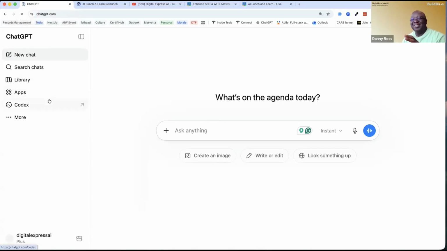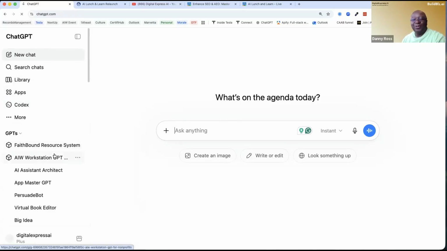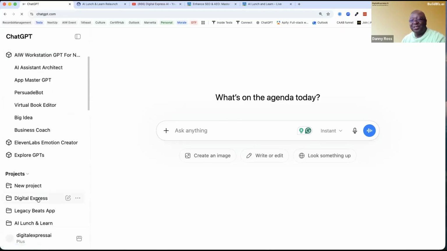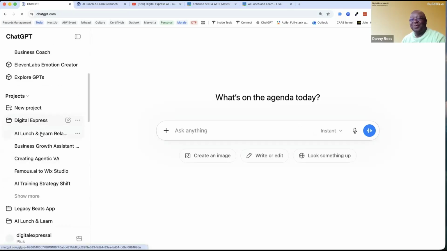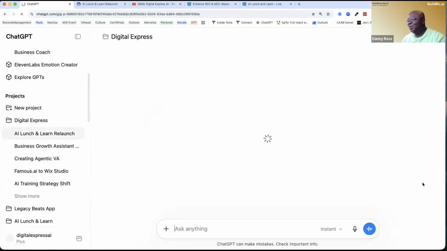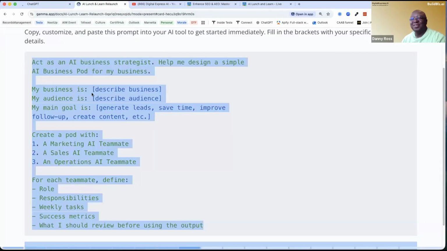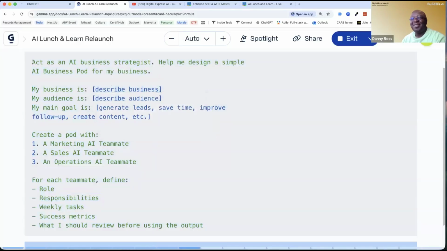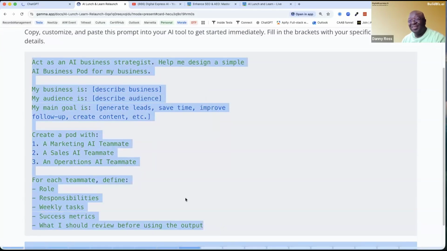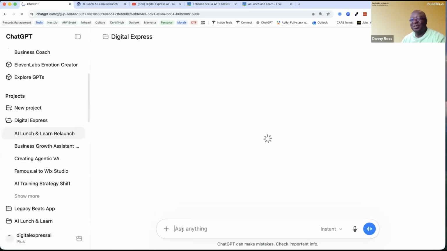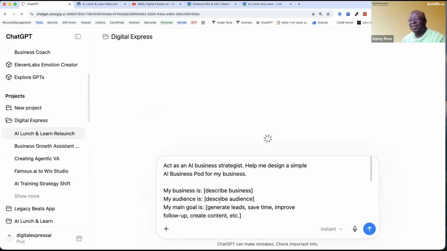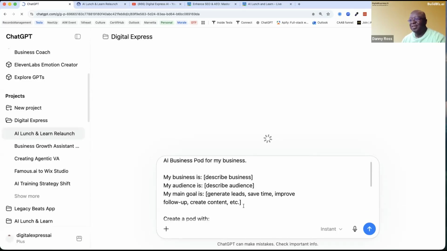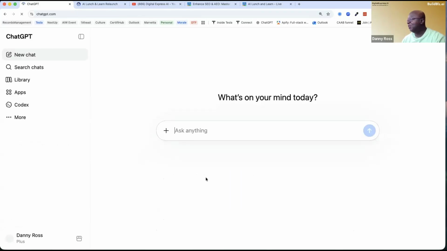We learned about projects last week, which is essentially a big file folder where you can keep track of all of your different projects you're working on. All right, here we go. It has resumed. So we're going to go in here and drop this prompt in, and maybe we'll get a 50% success rate. We'll find out. But I love doing things live. It's always an adventure, right? I'll drop that thread in there, and instead of "my business is," I can tell it to use... wow, it totally just went away.